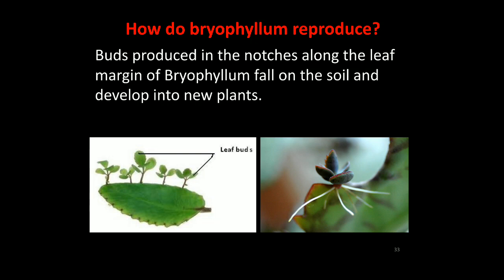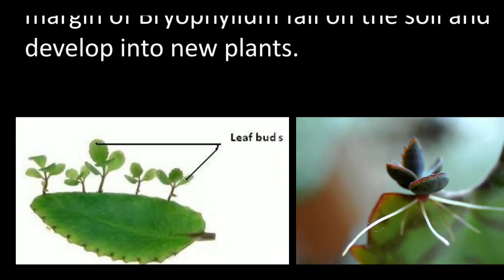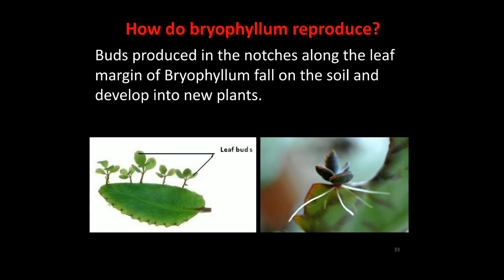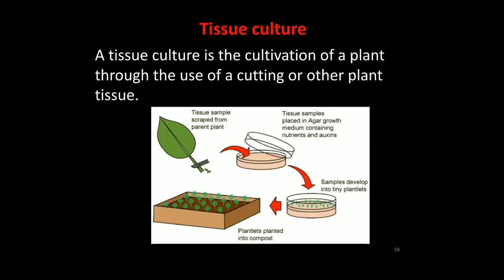See, so beautifully you can see this here. Each leaf, if one leaf is put, becomes a new plant. For example, Brahma Kamala or bryophyllum. Next is tissue culture. A tissue culture is the cultivation of a plant through the use of cutting or other